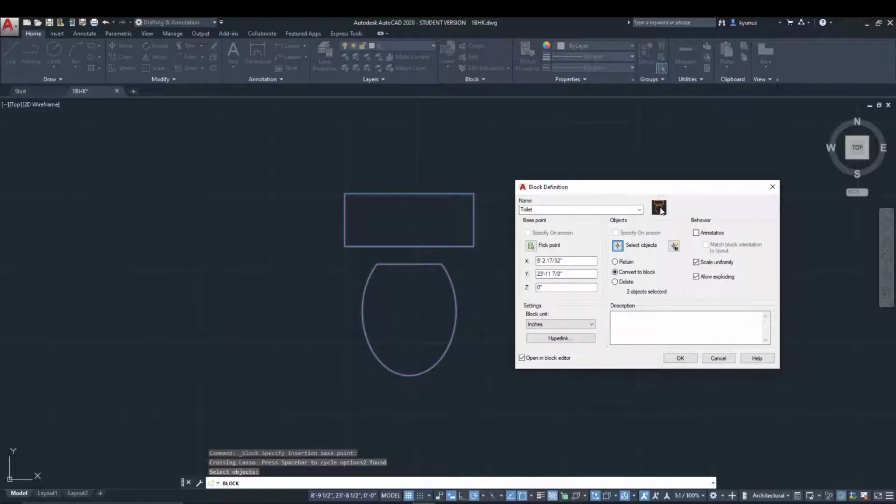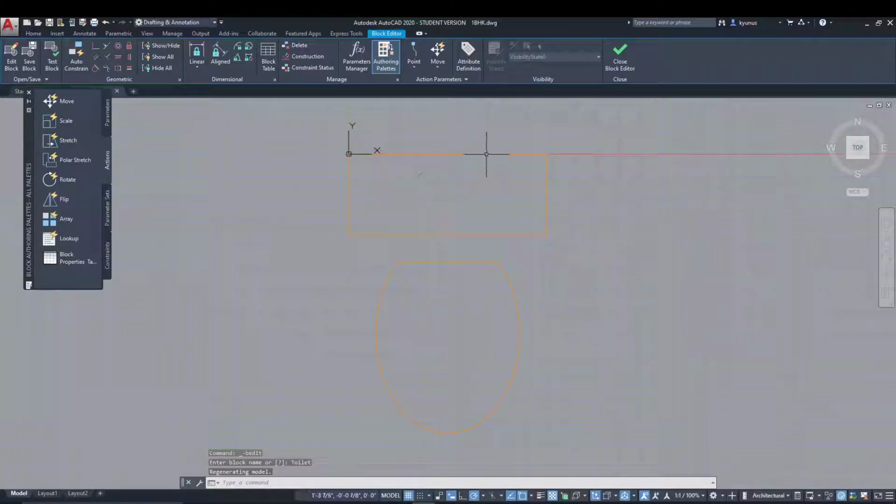So you can see the preview right over here. We have the preview of the toilet, and in the settings of the block you need to go for inches. Now in the behavior, make sure it's scale uniformly and allow exploding, right? Now the main thing over here is make sure you open in block editor. So once you press it and the tick is done and then press OK, AutoCAD will open a block editor